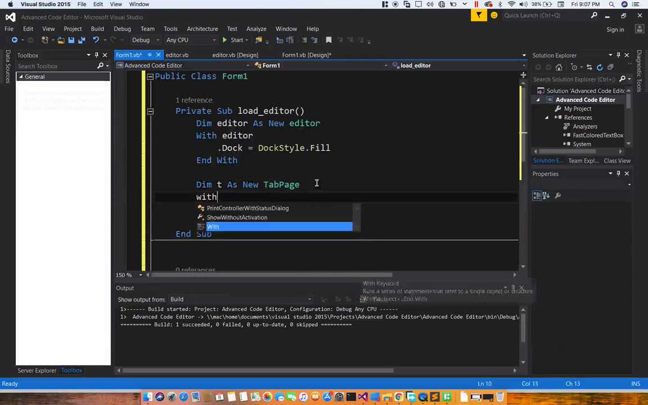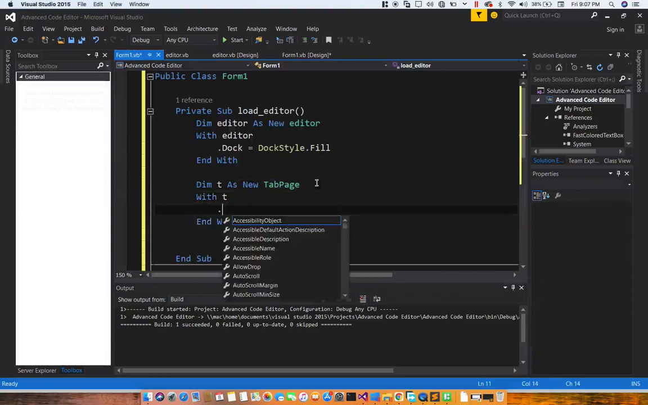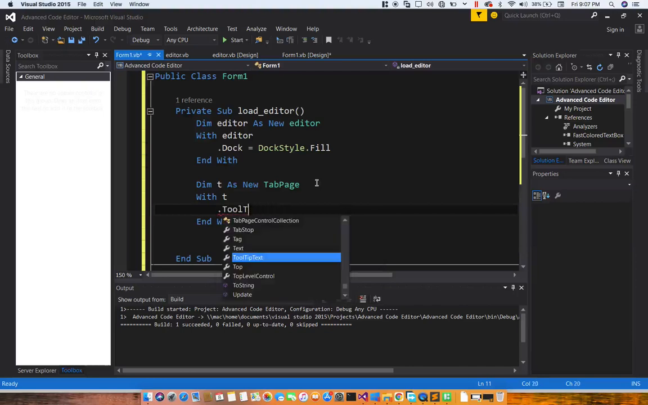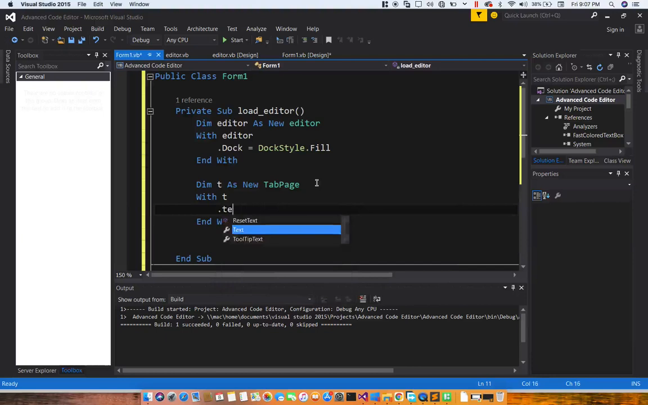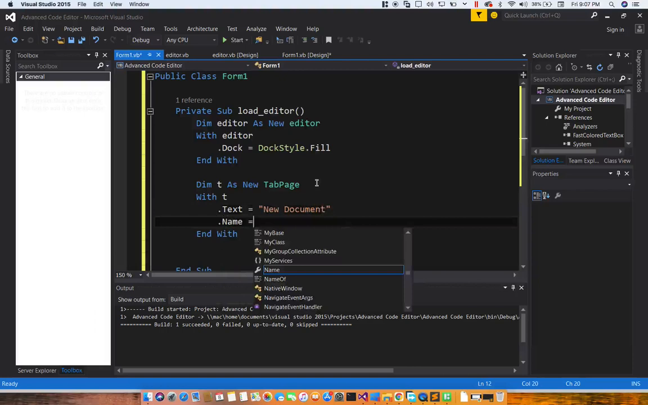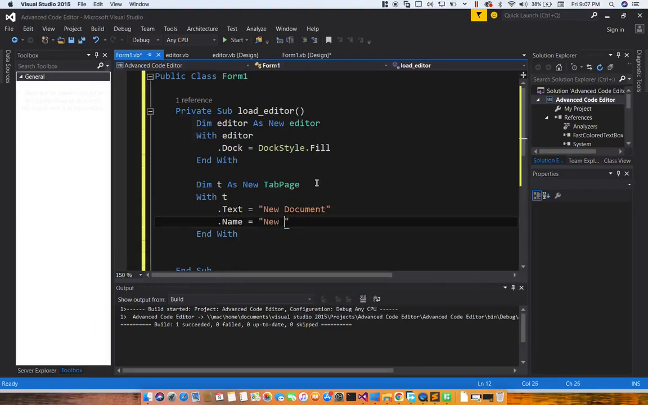So with our tab page, we just want to say the title of it, the text is equal to, let's say, new document, right? Good. And then we say dot name is equal to, the name of it is equal to, let's say, new editor, right? Then we will say that maybe I think,